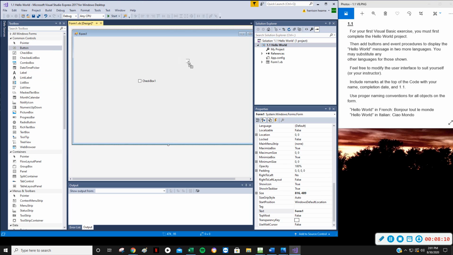If I had a plain old button on there, there's Button1's properties. Notice when I click on CheckBox1, these change a little bit. We get some different properties for different objects or controls. So I'll take those off. But the form,